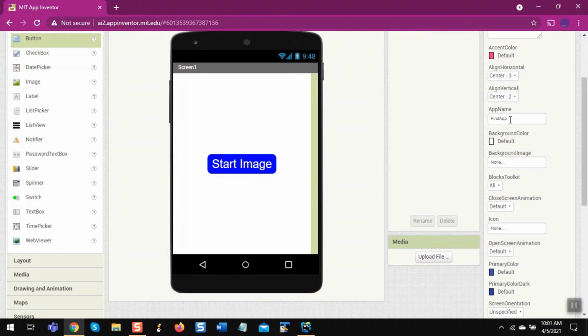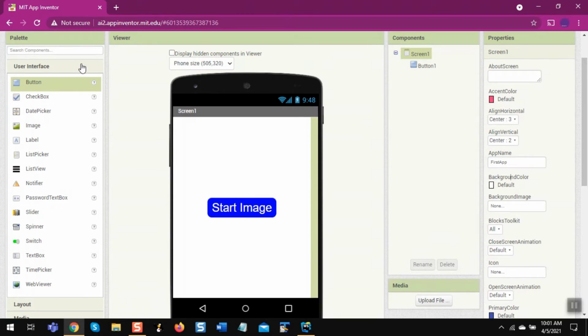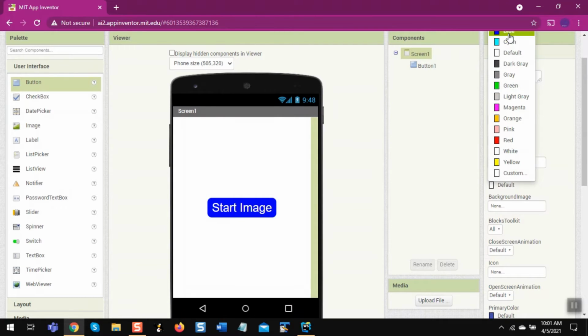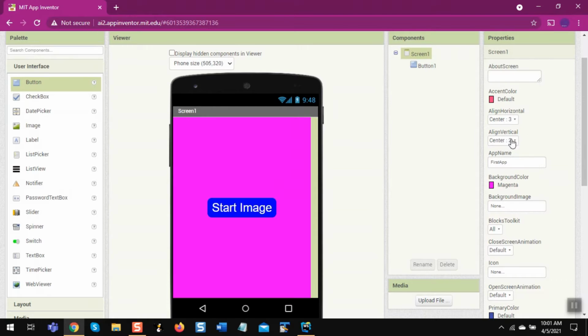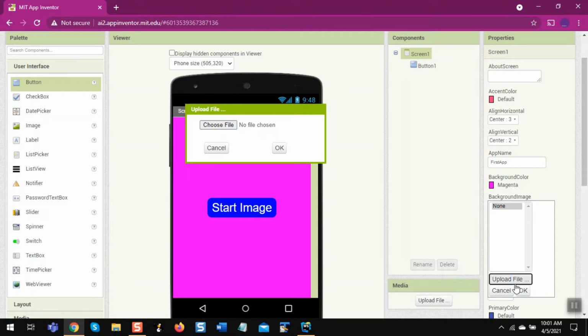But app name, you can even change the app name. This is first app, so you can change it, but I'm not changing it. And then background color, you can change it, like blue, but I'm going to change it to magenta. And then background image, it's not important, but I'll show you later as the video goes on.